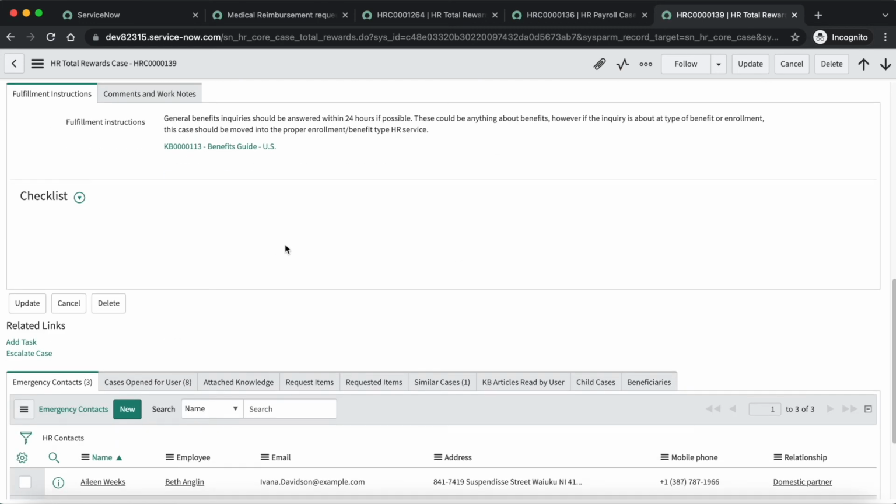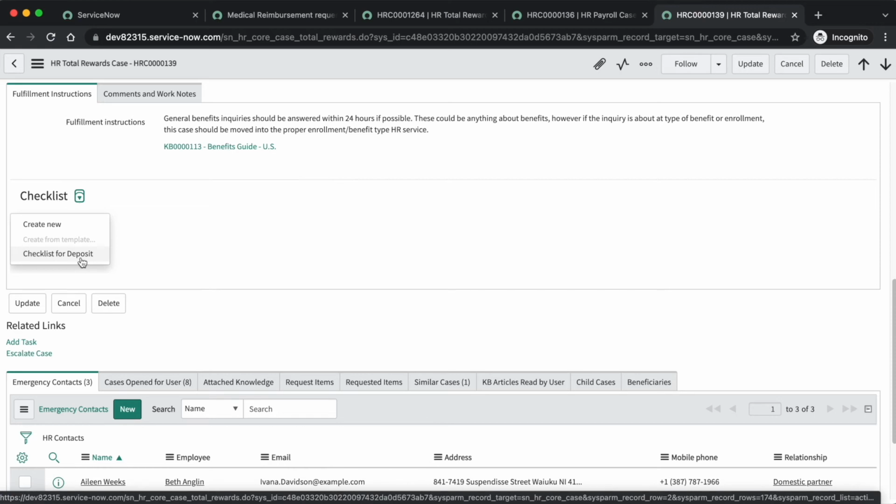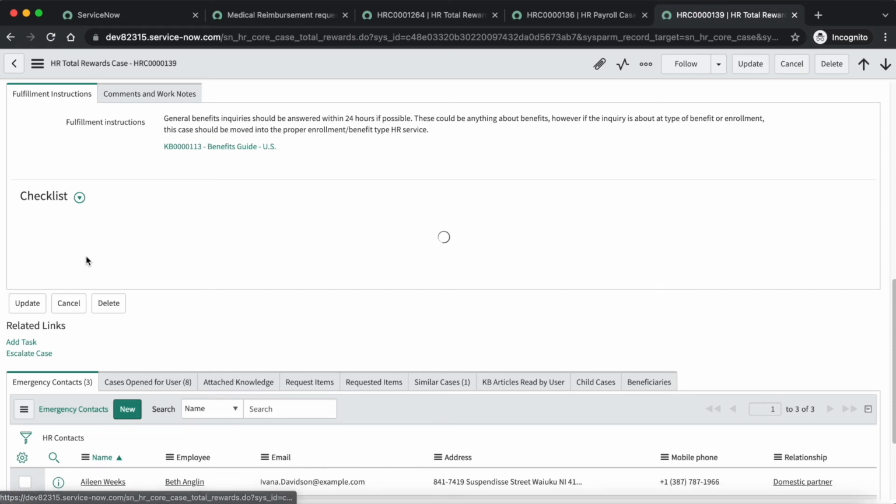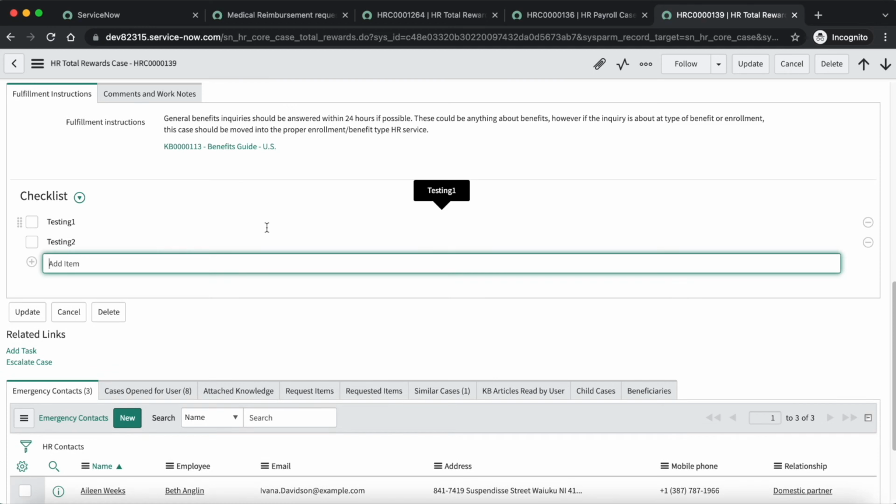So here you can see that this HR case also doesn't have any checklist configured, and if you want to add the previously configured checklist template, click on that, and here you can see that we have an option, a checklist for deposit, to add to this HR case. So once you click on that, it will automatically get added to this HR case.